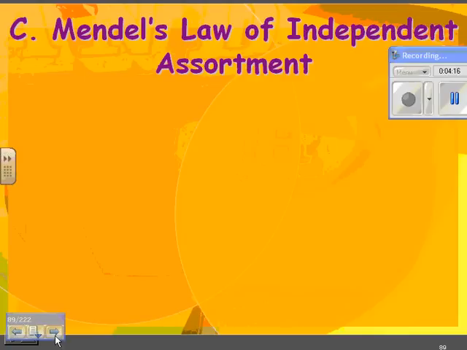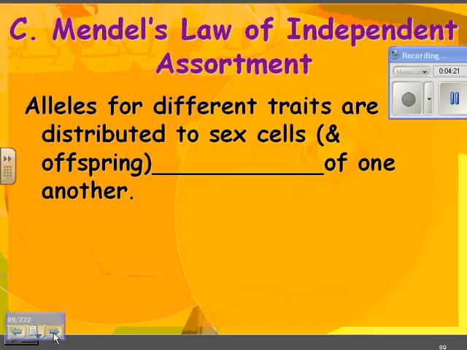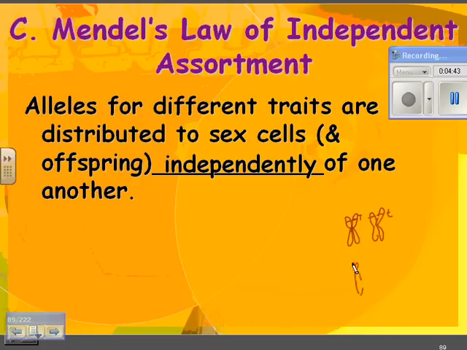The last one is Mendel's law of independent assortment, and you saw this in meiosis when the chromosomes lined up. So this is saying that alleles for different traits are distributed to sex cells and then to offspring independently of one another. So remember in meiosis you had homologous chromosomes line up like this. And let's say this is the gene for how tall you're going to be. And let's say there's another set of chromosomes. And on this set of chromosomes, this tells you whether you're going to have freckles or not. You can have them lined up like this